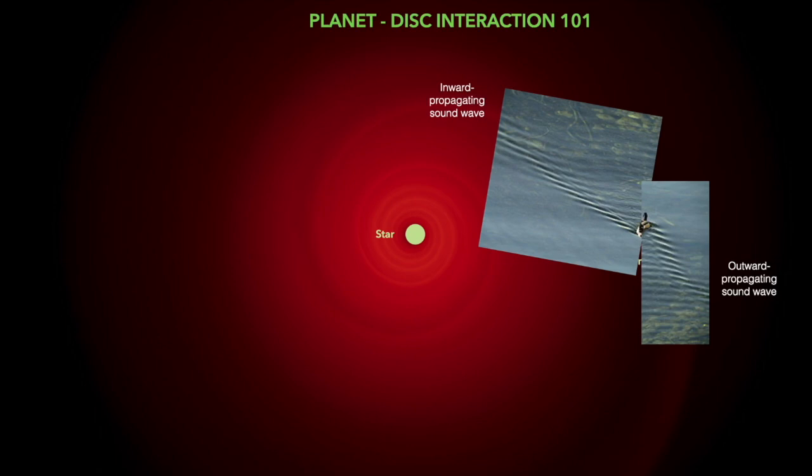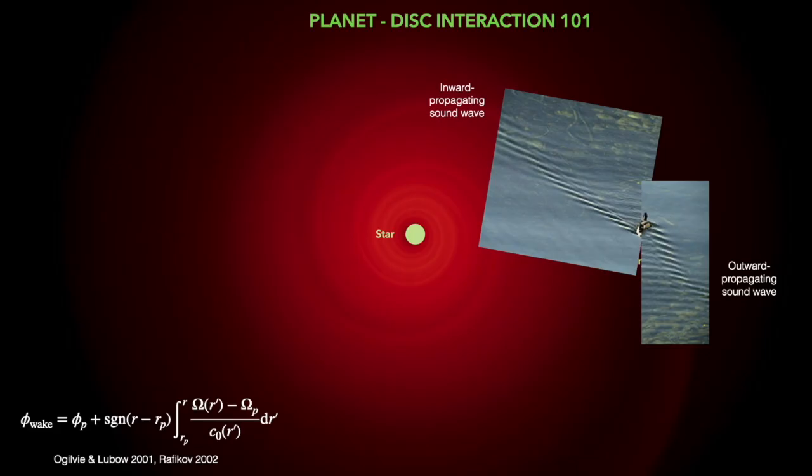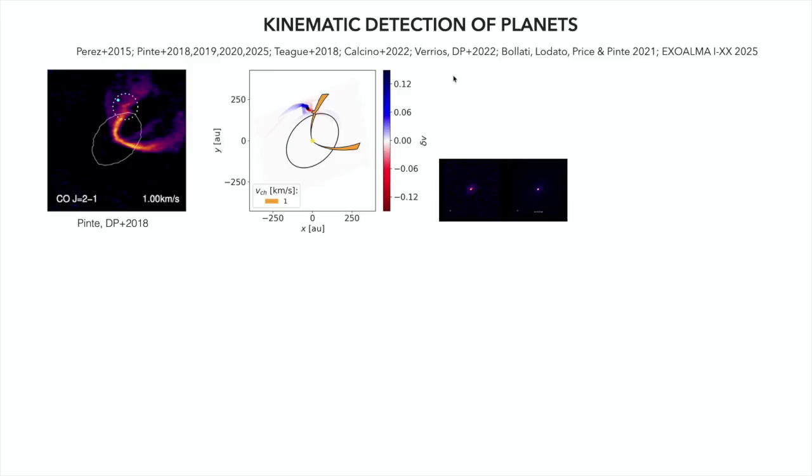Makes sense? That's your basic explanation of a planet wake, and there's a much more mathematical explanation, but it's the same principle. The basic shape is just the differential winding of the disk that winds it up into the spiral pattern. Again, this is the line of constructive interference. Okay, but this is important because these wakes turn out to be detectable.